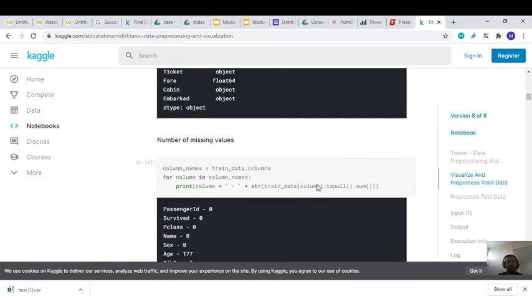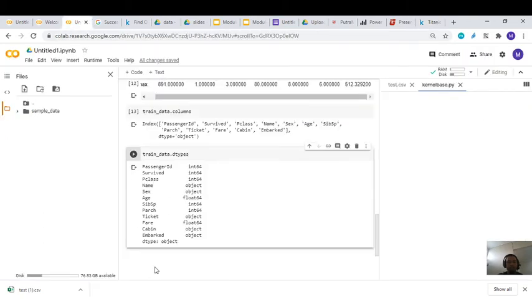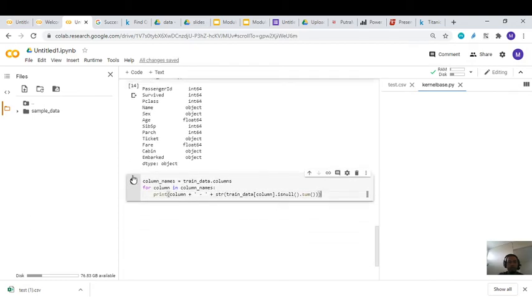And after that we would like to find the missing values from every variable. So we use this code, then just put it in here and we can check. Okay, so we can get the result.